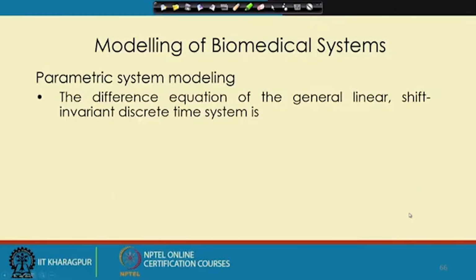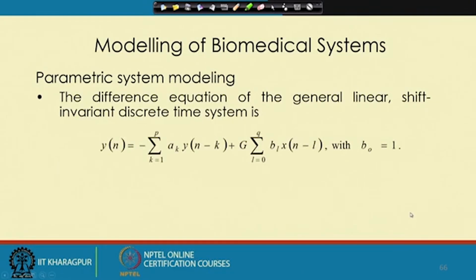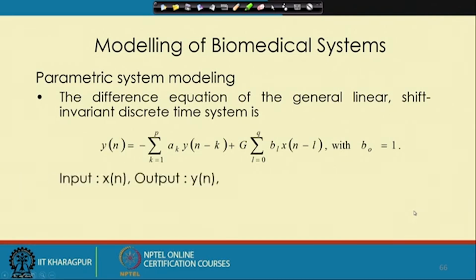Now, we will talk about parametric modeling. For parametric modeling, we will look at a difference equation. It is a general linear, shift invariant equation, where we get the output y[n] in terms of x[n]. To be more precise, a few previous samples and the present sample of x[n], and some previous values of